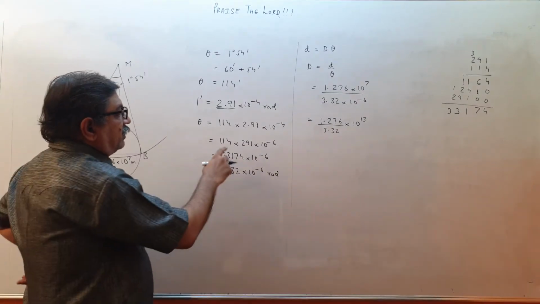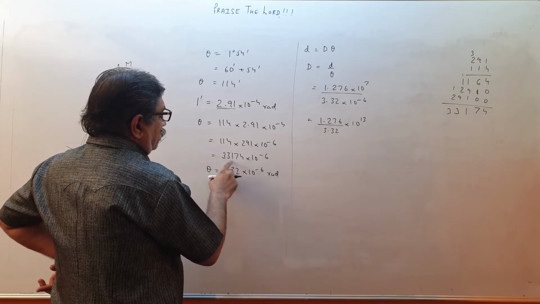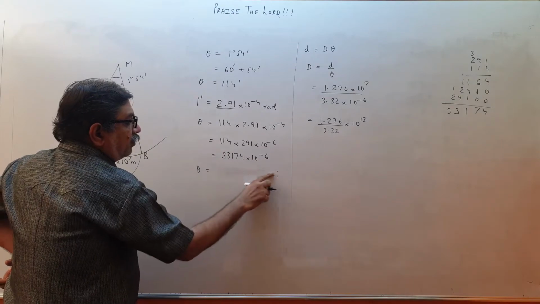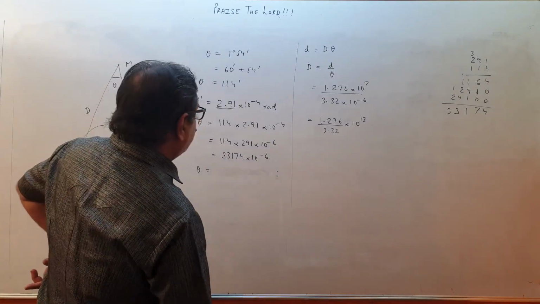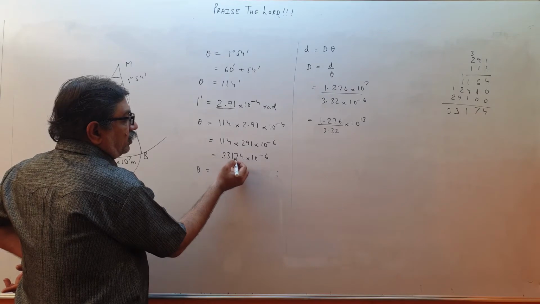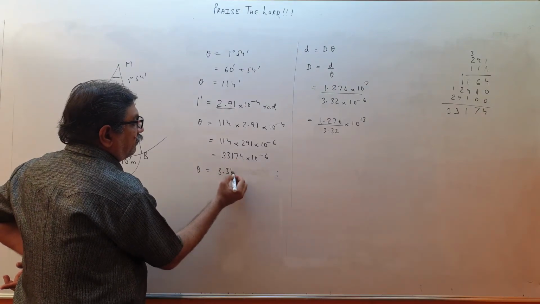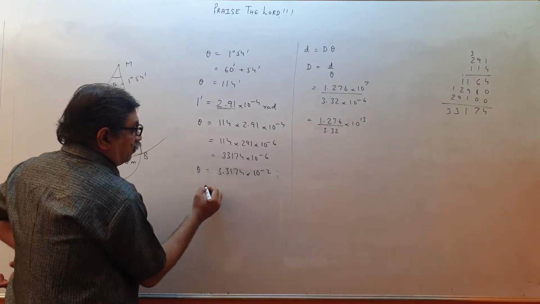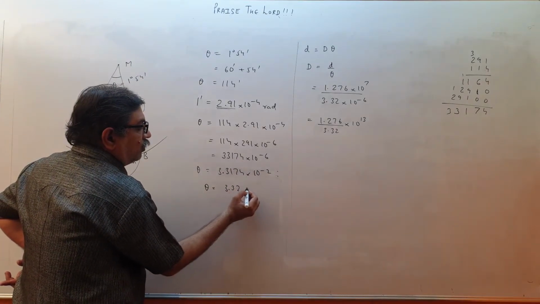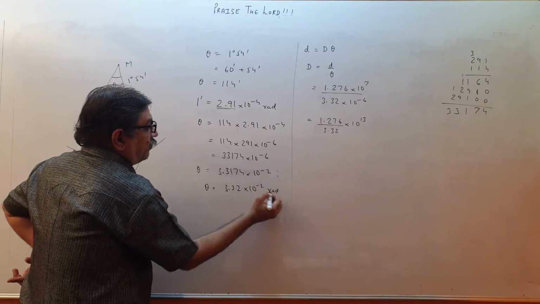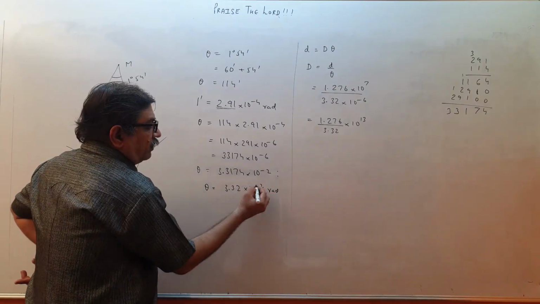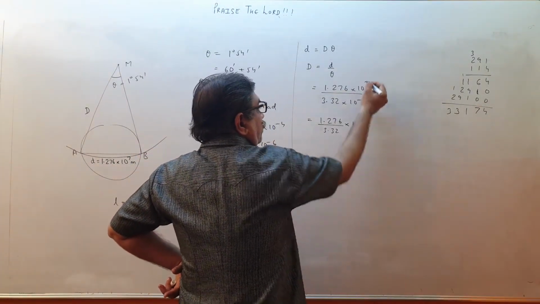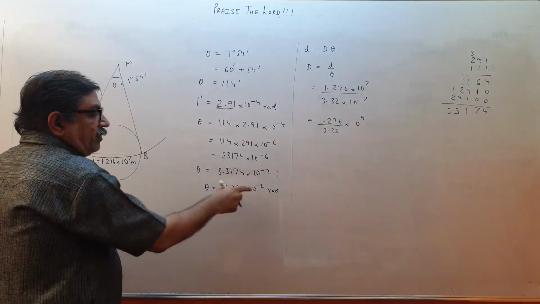And then, okay, wait. If I put over here, theta will be equal to, we got it as 33174. So I bring the decimal from here, 1, 2, 3, 4. This will be 3.3174. This will be 10 raised to minus 2, sorry. So theta will be 3.32 into 10 raised to minus 2 radian. Minus 2, not minus 6, very sorry. So this is minus 2 and this will become 10 raised to 9, 7 plus 2, 9. Sorry for the mistake here, it will be minus 2.